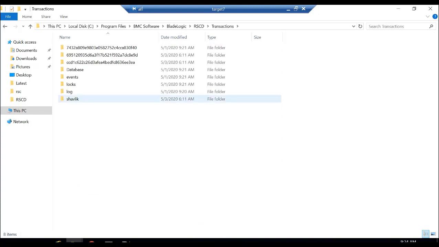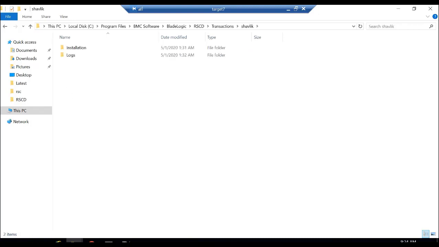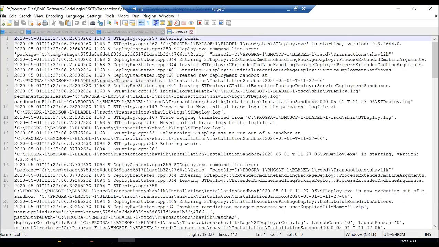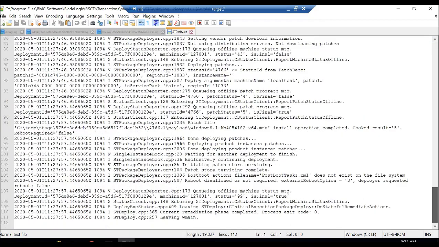But if the command actually executes and it fails within the execution, then it will write the error to the stdeploy.log, which is inside RSCD, Transactions, Shavlik, Log. There is only one stdeploy log. It's not unique for each deployment, so for all the deployments, the errors will be logged here. So you'll have to match the timings in the deploy to make sure that you are checking for the correct error.